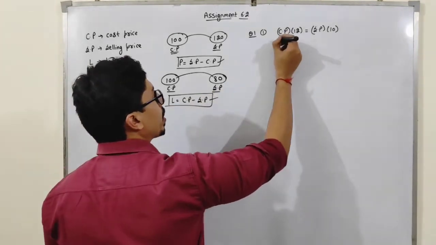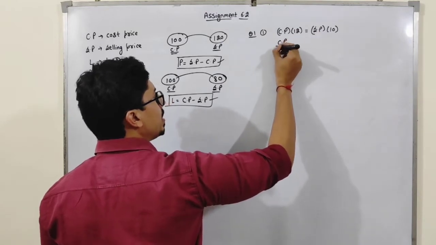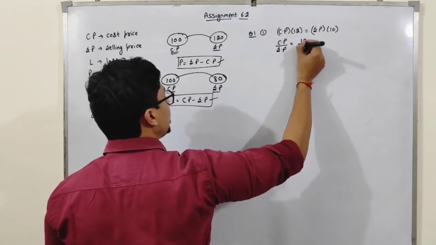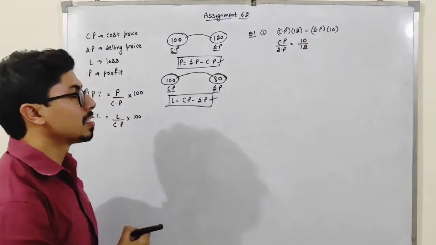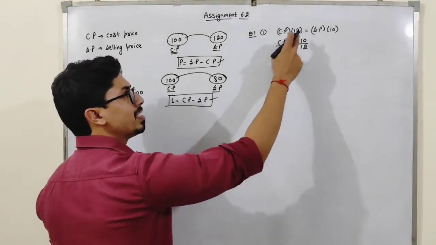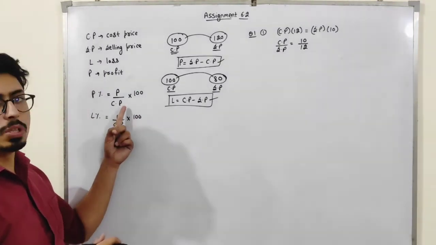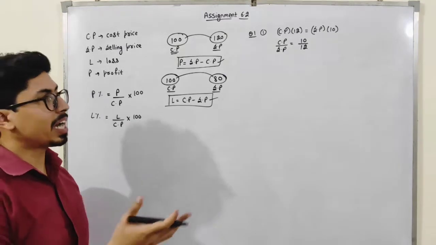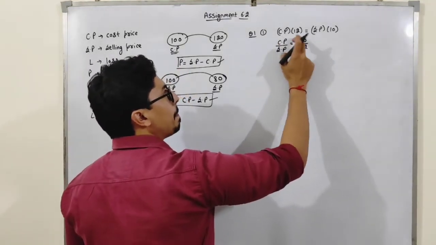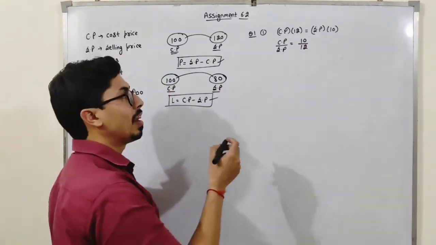Now see, students, how can I write CP as it is? SP is in multiplication. When it goes here, it will be division. This 10 as it is, when it goes here, it will be division. So I can write it like this. Now, students, I can compare the things. See, this is CP ratio SP, that is 10 ratio 12. These are not the exact values. But students, we have to only find out the percentage. In case of percentage, I can assume the value like this. Like CP is 10. If CP is 10, then SP will be 12.